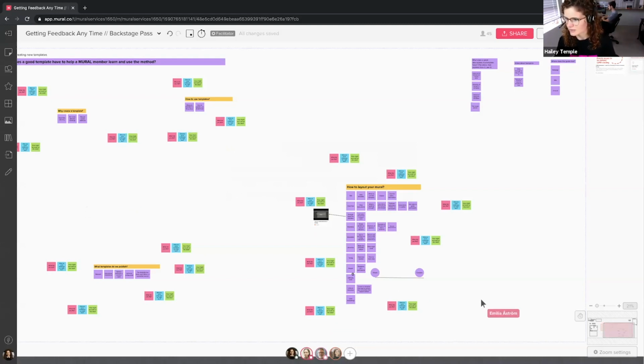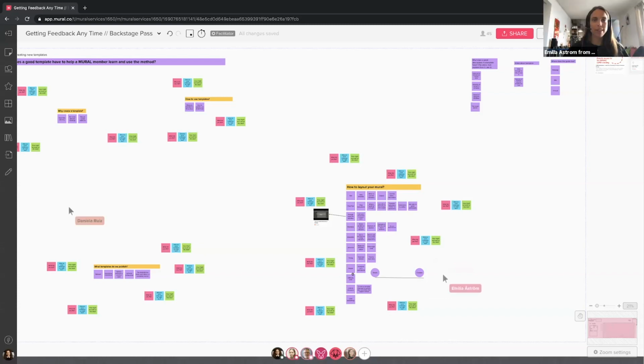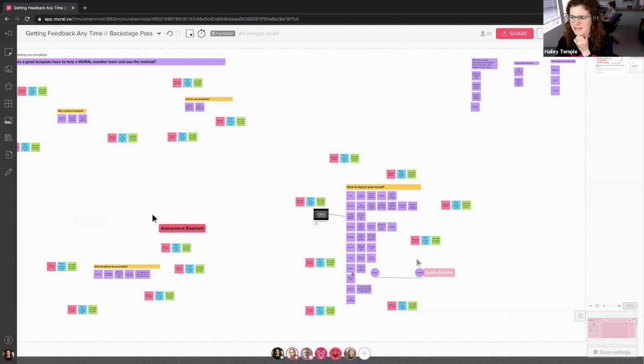I would like to add something maybe for people that are new to Mural. Yeah, please. If you double click under a certain color sticky note, you'll automatically get the same color sticky note. So that might be helpful to know when you're providing your feedback. Great tip. Thank you, Daniela. Honestly, we appreciate the things that we take for granted and say, oh yeah, of course. Yes, if we run out of pink sticky notes, for example, or blue ones, you can always double click to add more.